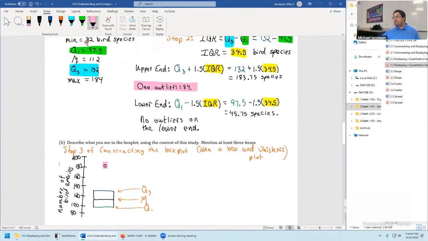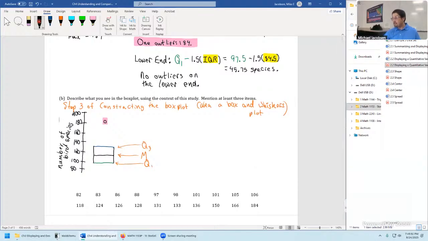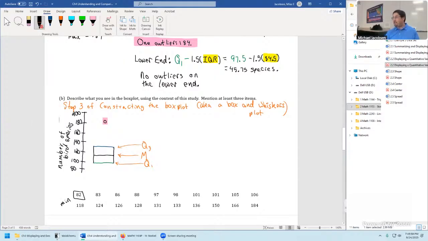Next thing we want to put in is the minimum, 82 species. So here's the min. The way the minimum plots in is a little bit different now. This is the whiskers part of the box and whiskers plot, or just box plot for short.